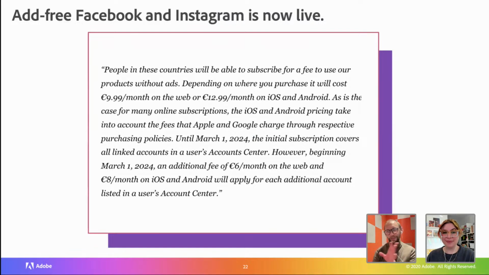We see in all of these polls that people hate ads on social, but do they hate them enough to pay for something? I'm not sure. Not me. Me neither. So yeah, I'm curious to know, anyone in the chat, whether the motivation of having an ad-free social media experience is enough for you to part with $13 a month, 13 euros a month, whatever.